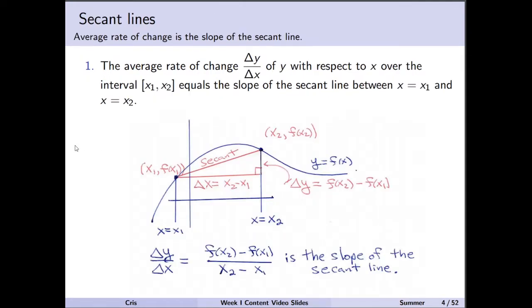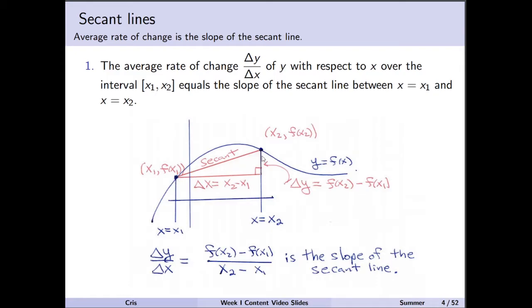So let's first talk about average rates of change. The average rate of change, delta y over delta x, of y with respect to x over a given interval from x1 to x2, is the slope of the secant line between those 2 points. So when we say delta y, we really read that the change in y, a capital Greek delta, the change in x. If you start at x sub 1, comma, f of x sub 1, this is the curve y equals f of x, and you move to the point x sub 2, comma, f of x sub 2,